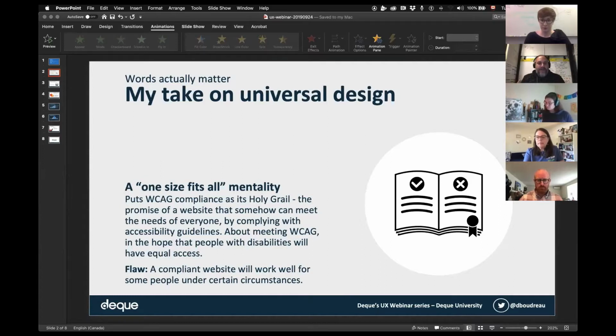But I've grown to think that the idea of creating this one website that actually works for everyone is more of a utopia than anything else. So it is limited in a way. You can create a site that is fully compliant, but it still will not work for some people in some contexts. So I'm going to leave it at that for now on the universal design front, and just move to the inclusive design aspect of things,